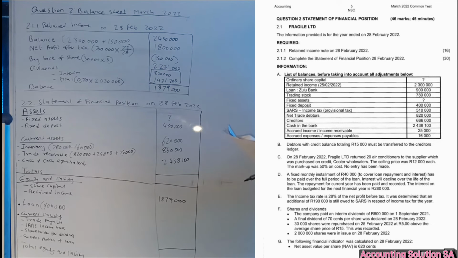D. Transaction number D says a fixed monthly installment of 40,000 to cover loan repayment and interest has to be paid over the full period of the loan. Interest will decline over the life of the loan, and repayment for the current year has been paid and recorded. The interest on the loan budgeted for the next financial year is 280. Okay, they give us a loan repayment of